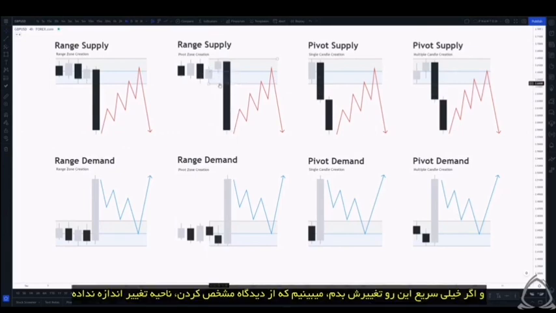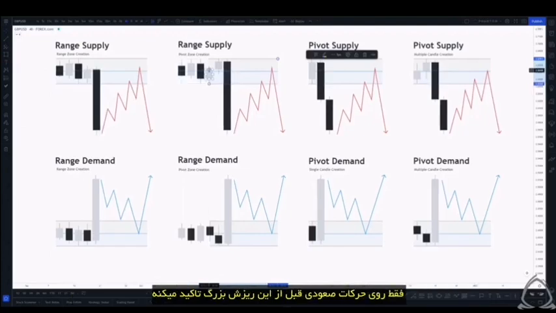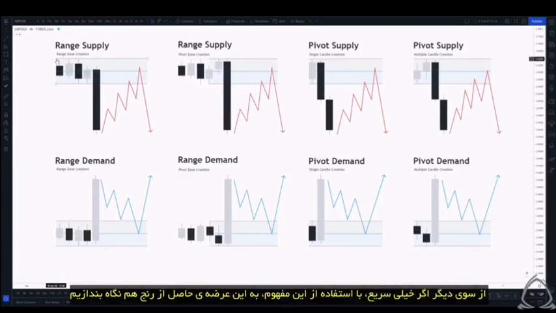And what we can see, if we just very quickly move this over, from a drawing perspective, the zone has not changed in size. It just becomes a little bit more specific to the up moves that see this large move in price. Alternatively as well, if we just look at this range created supply really quickly,